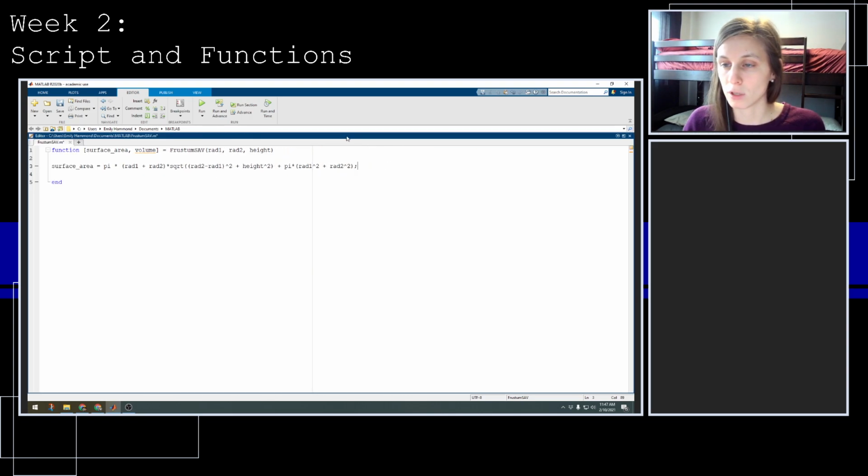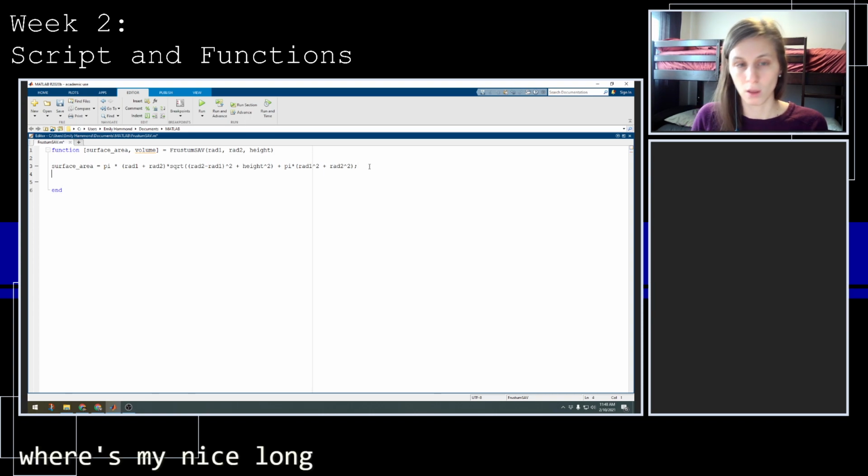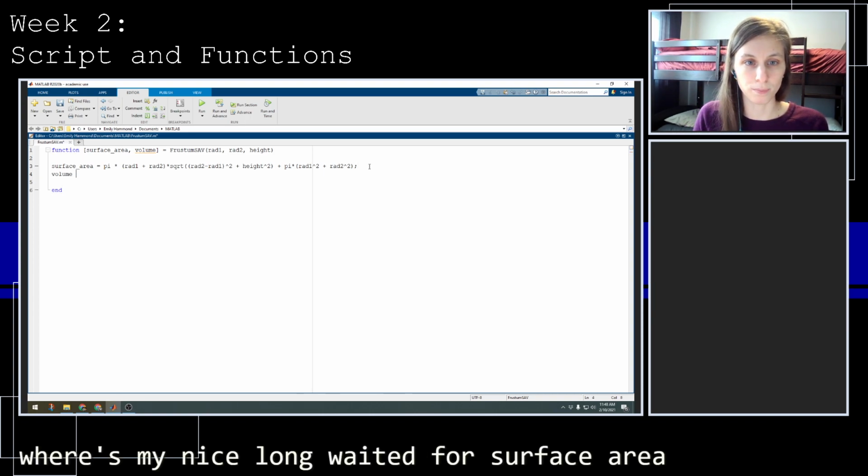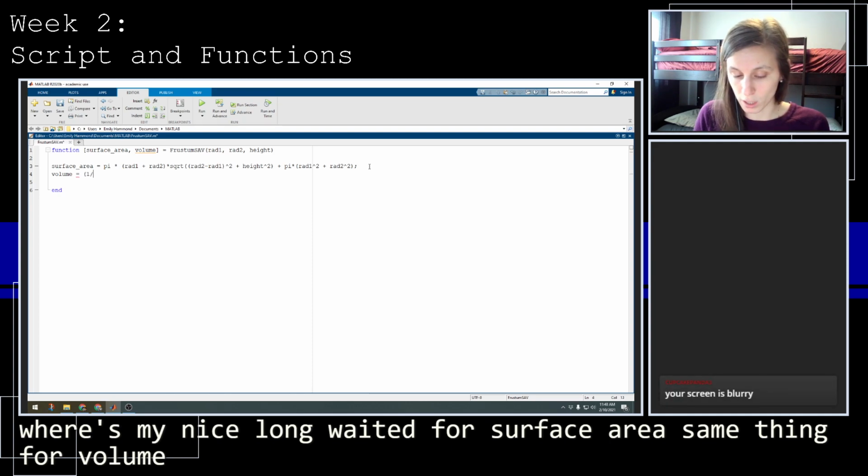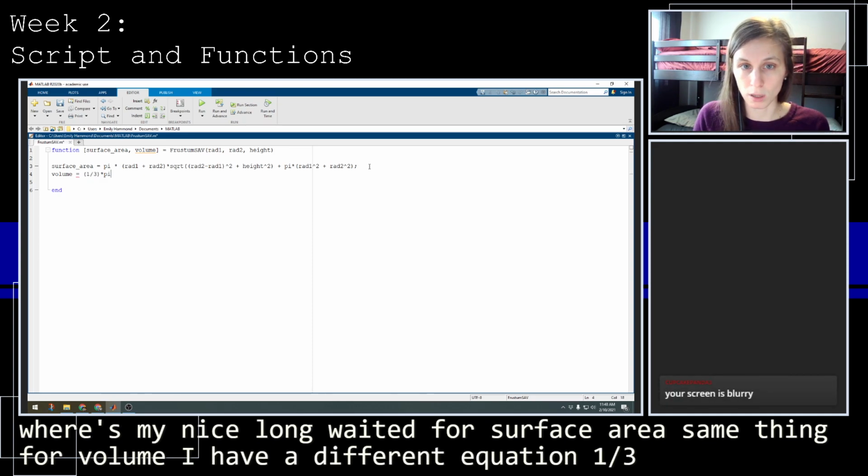Okay, there's my nice long equation for surface area. Same thing for volume, I just have a different equation: 1/3 times pi times height.